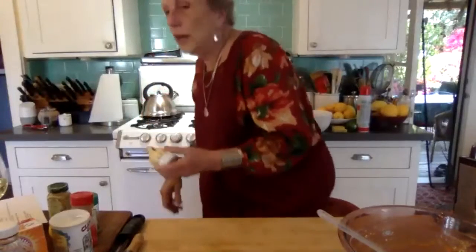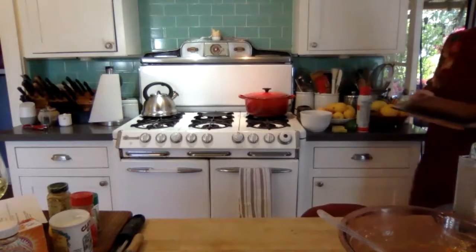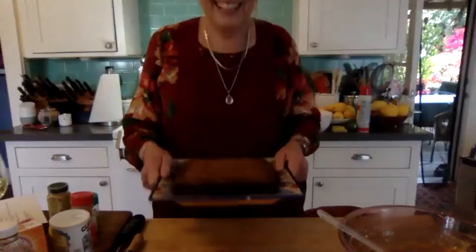So, go in. And those will be in there. They take longer than a regular cake because they're so heavy, because they've got so much carrots and sugar in them. So I'll start checking them about 45 minutes from now. And when they come out,